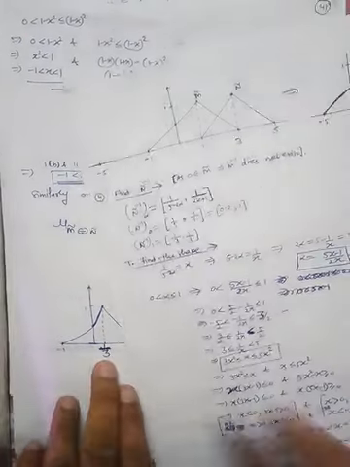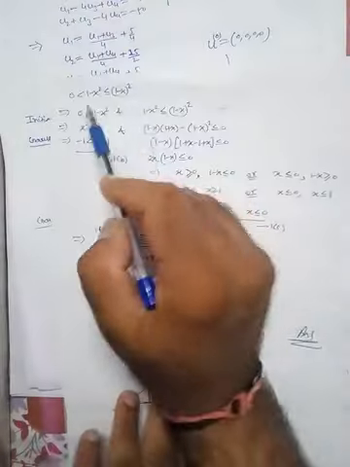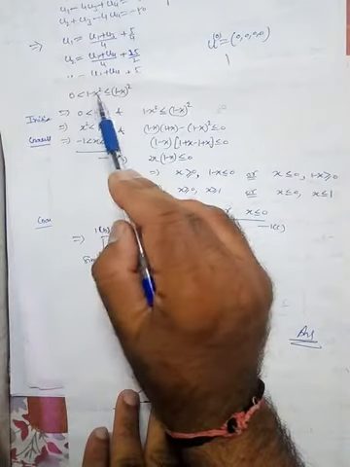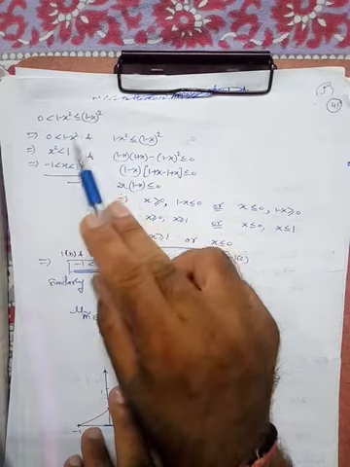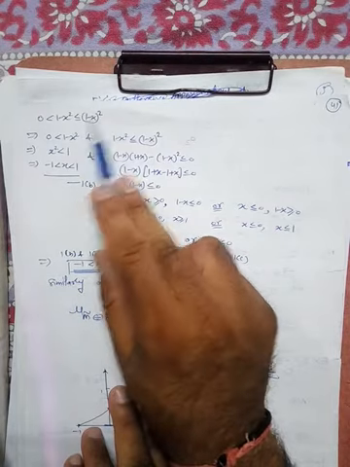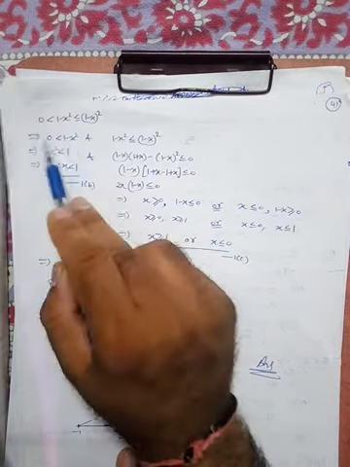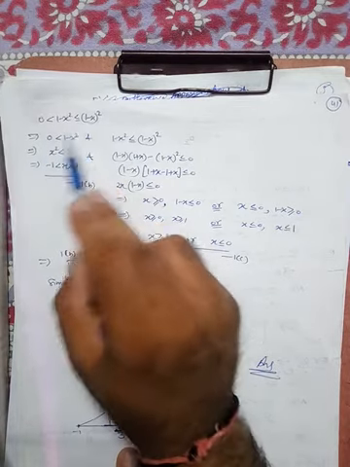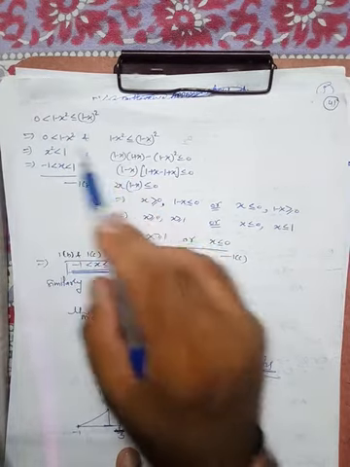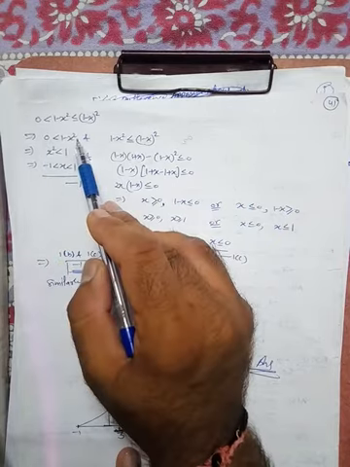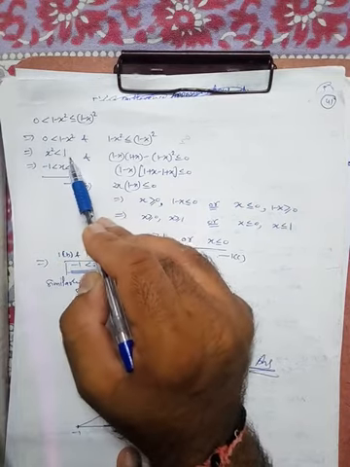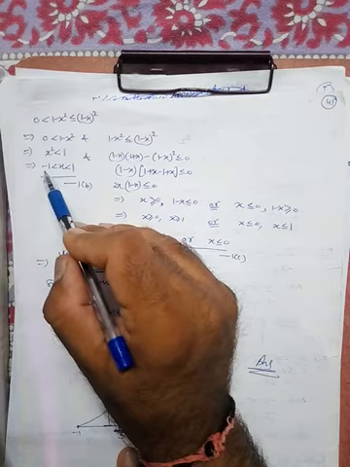So here, when you multiply this, 0 is less than (1 minus x) whole square, and this is less than or equal to (1 minus x) whole square. Now separate this into two parts, one is this part and another one is this part. So this part is the left hand part. From here x square is less than 1, that means x will be from minus 1 to 1.